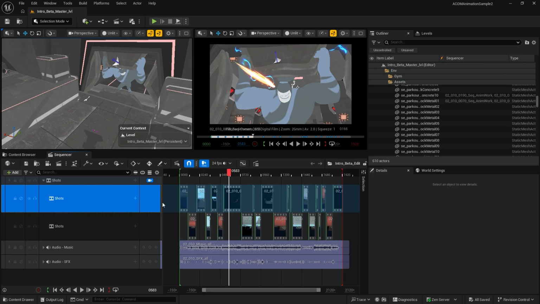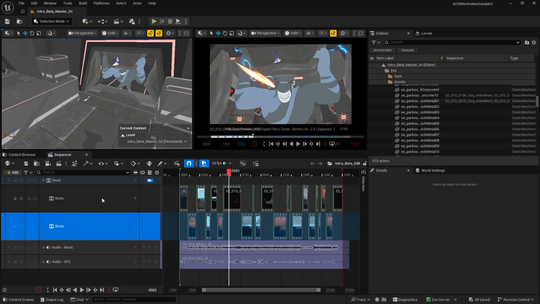So as you can see, no two shots are right next to each other, because this type of editing gives you creative freedom. If you would like to make one of them any longer, you don't have to think about whether you also have to make this one shorter or not. So this allows you to have some more freedom in terms of editing. So I can strongly suggest these types of shot tracks.